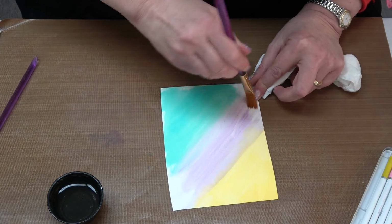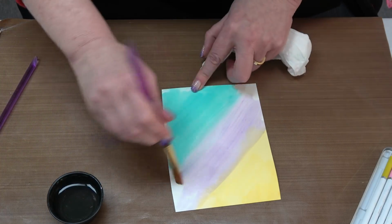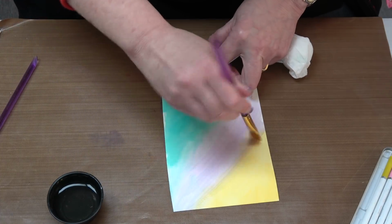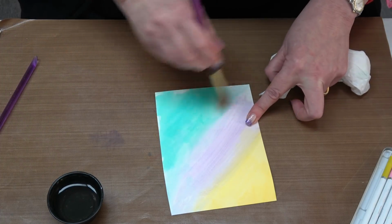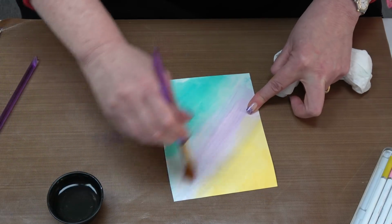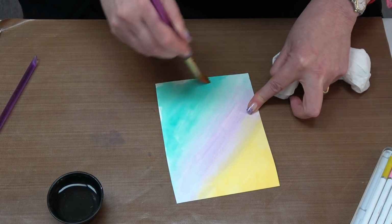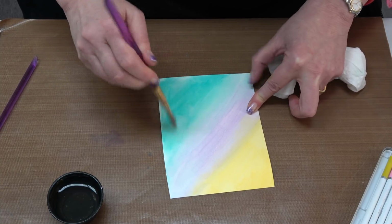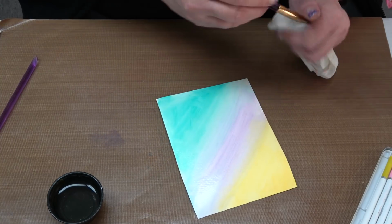You have the opportunity to play and to experiment if you've got a few of these and a few of those. It's not necessarily about having an entire collection of something, but using what you've got. And I bet most of you may already have some form of a watercolor pencil, and also may have a few of the Tombow dual brush markers, because they've been around forever, which is kind of nice. That tells you that it's a quality product. When a product's been around for, gosh, I want to say 15 to 20 years, maybe even longer, that tells you that the product's a great product. Look at,